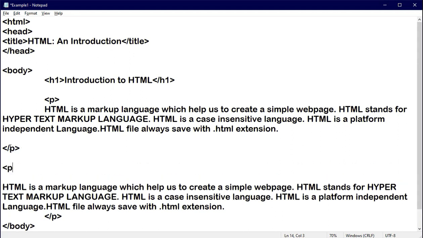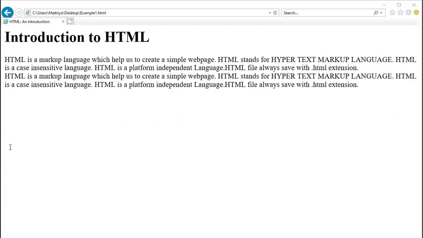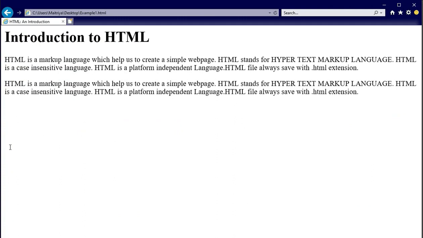Afterwards, open your p tag again, save your file and see the output. Now you can clearly see exactly two different paragraphs with one line break. So this is the use of the paragraph tag. Along with that, we have seen the use of the BR tag, which helps us to break a line, right?